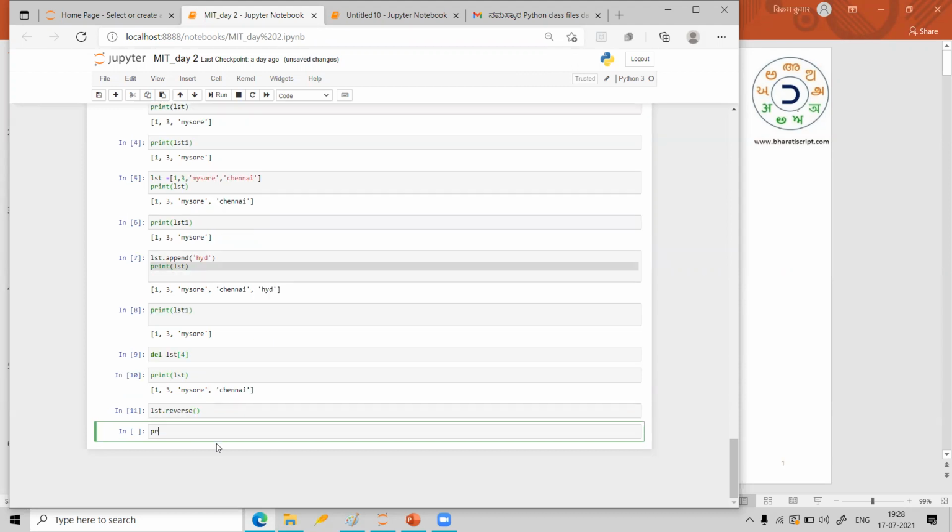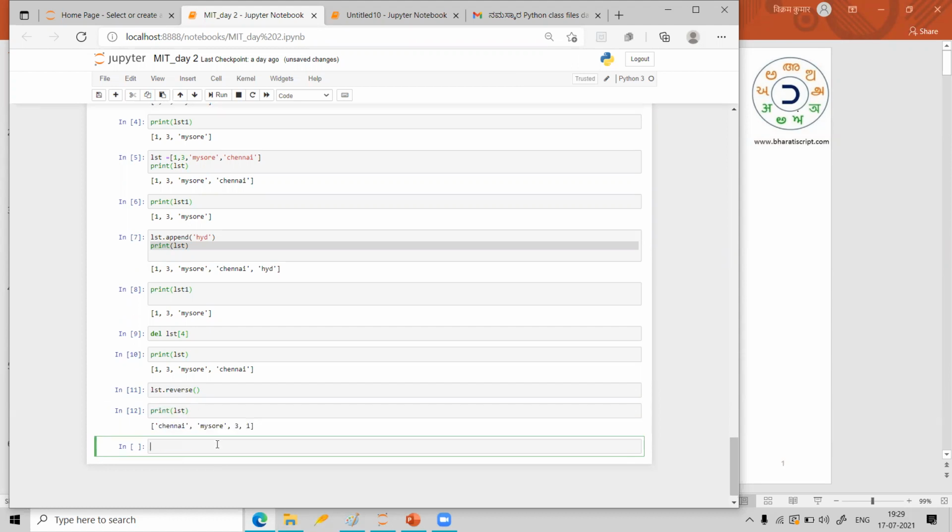Now let me again print LST. So you understood, I think, the simple logic we are using: list dot reverse. LST means the name of the list, the name of the list dot reverse. That is what we have done.